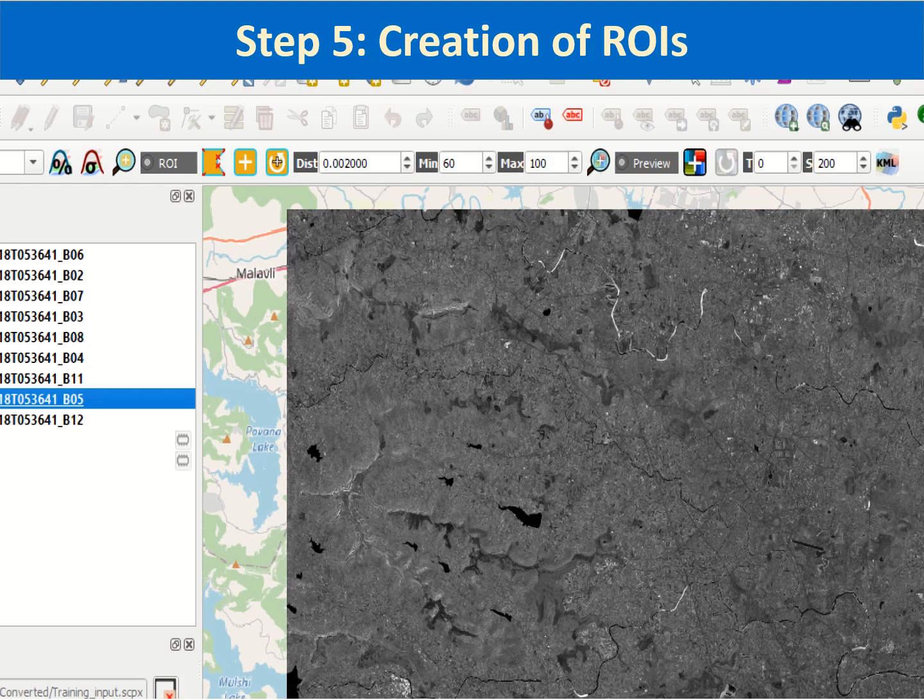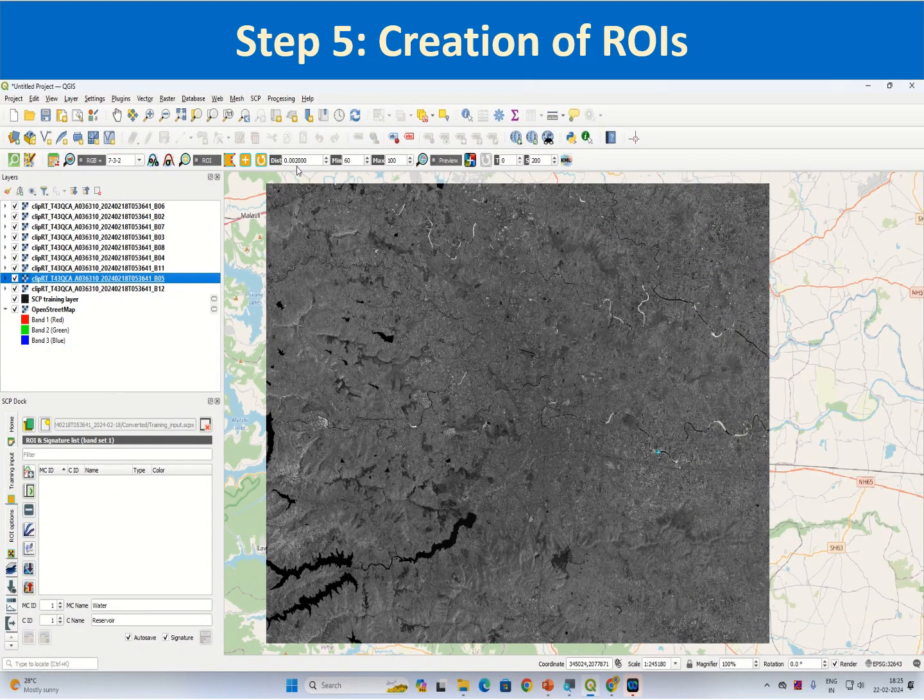And you can specify the spectral distance here, the threshold, so that given the spectral similarity, around this seed pixel it will take all the pixels within the given spectral distance, and it will create a ROI or a training input. So that will be useful for creating the training input for urban built up area and, in the urban setting, for any class. So we will make use of both of these tools which are available here to create a number of training sites